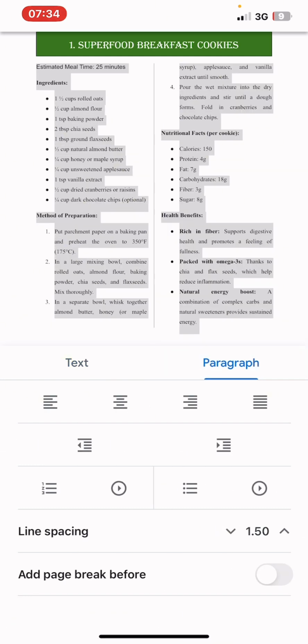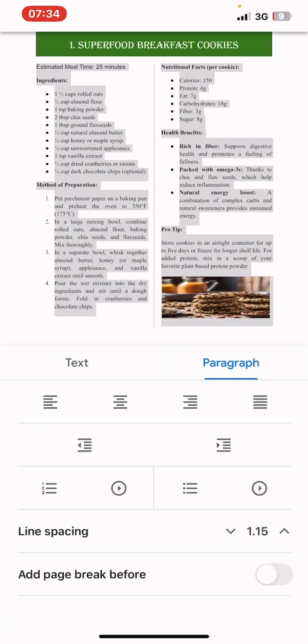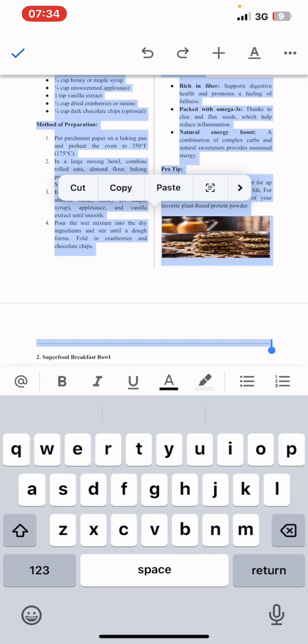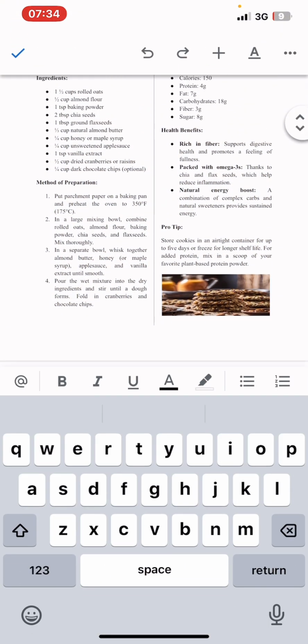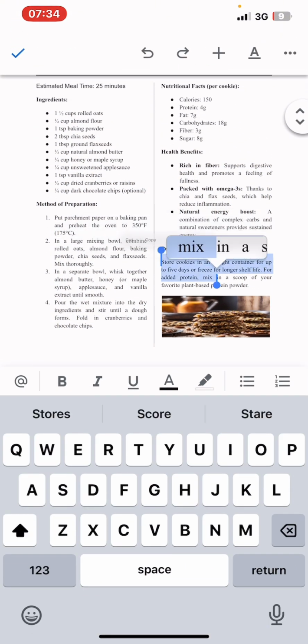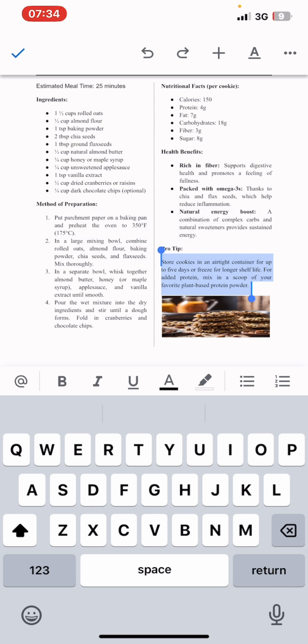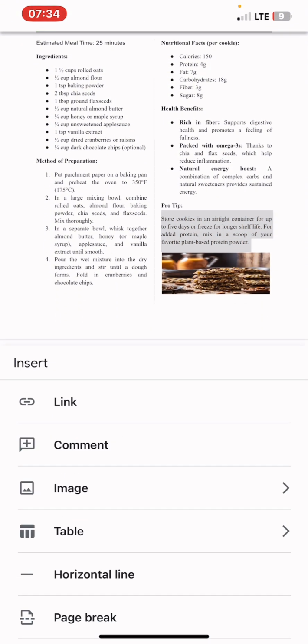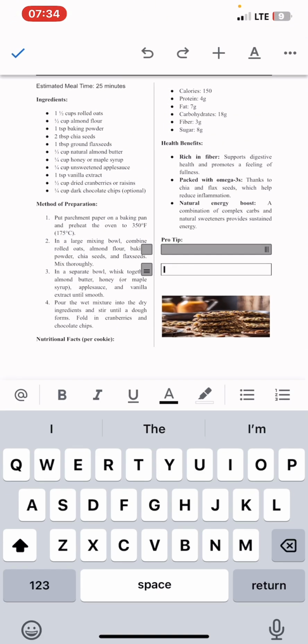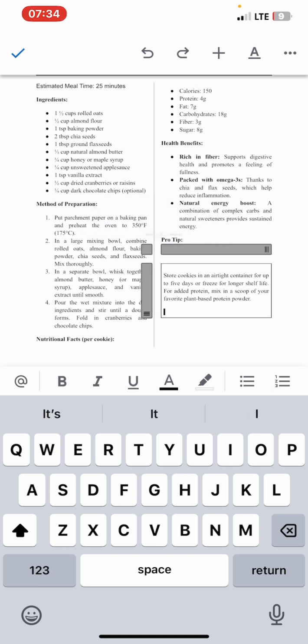It's already okay. It's already in 1.15, which is good. That one is good. So what I want to do now is put in fill. For those of you that cannot put fill, forget about it. Do you understand? But for those of you that can put fill, you already know that you are going to put a table here. Put your table here, fill it in,